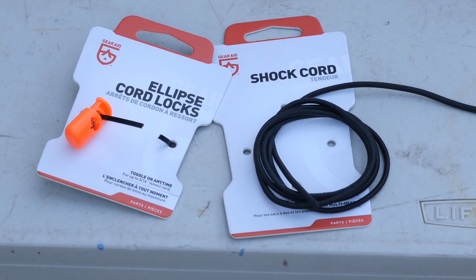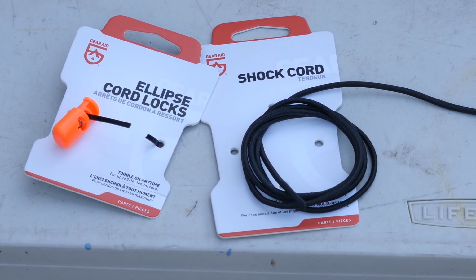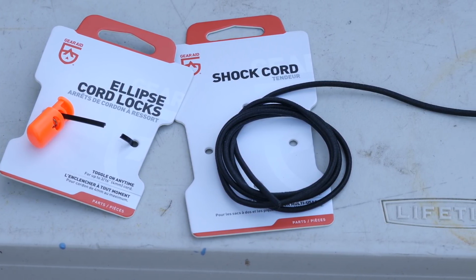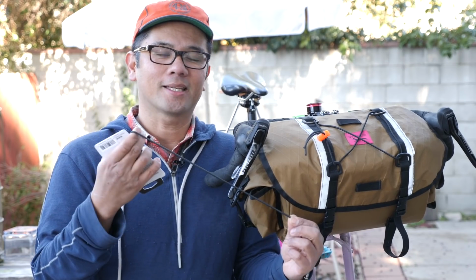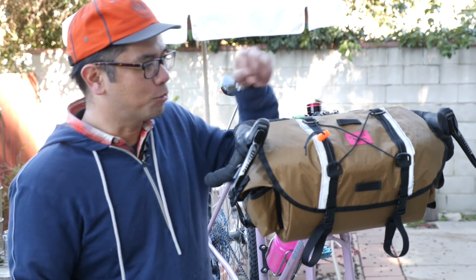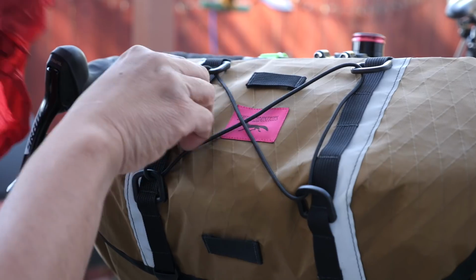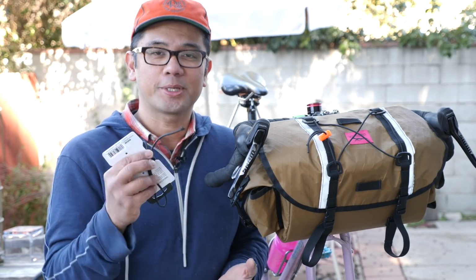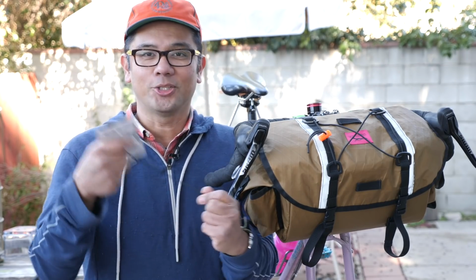So one of the most underutilized materials in bike packing bags, in my opinion, is shock cord. It's simple, it's relatively inexpensive, and it's super functional. Because it has some built-in elasticity, it makes a great stabilizer for bags. They're also super handy for weaving things like a mini cargo net on bags that don't have them. In this video, I'm going to share with you guys 3 bike packing bag hacks that you can do with